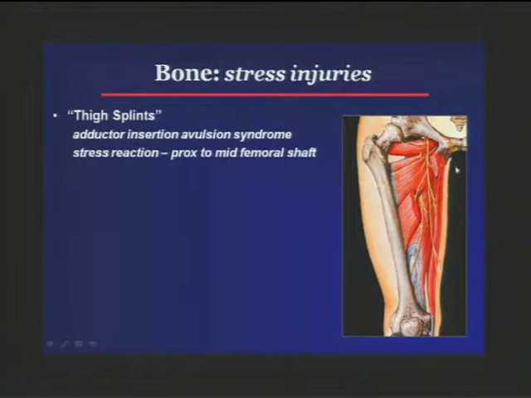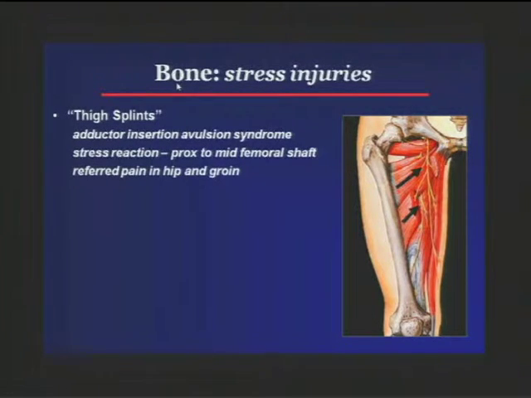Another bone stress injury that's not really up around the hip, it's usually down along the proximal to midshaft of the femur, is called thigh splints or the adductor insertion avulsion syndrome. That's a mouthful. Now, if you'll notice the adductor longus and brevis, they have a strong pull on this portion of the femur, and that's where we see this, and that's why it was originally thought this is probably related to those muscles. The problem is it refers pain up to the hip and groin,